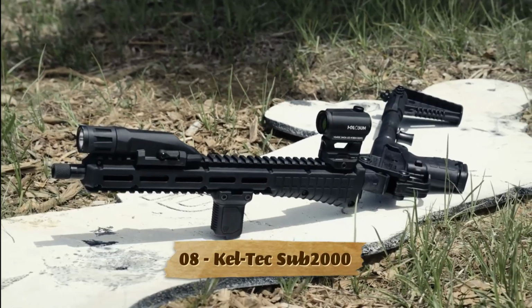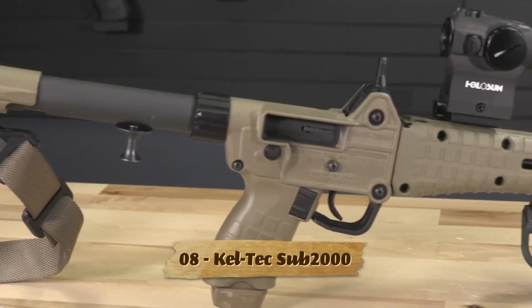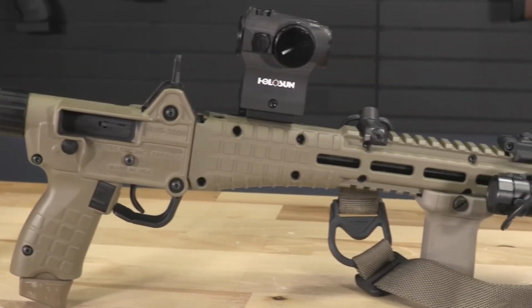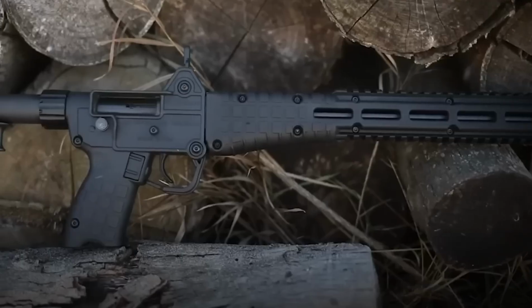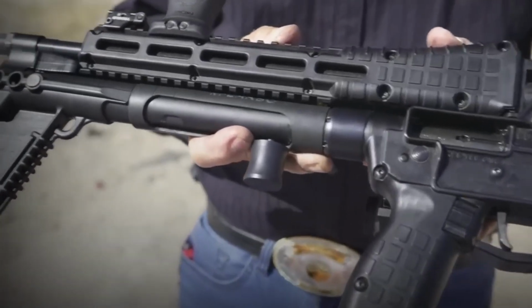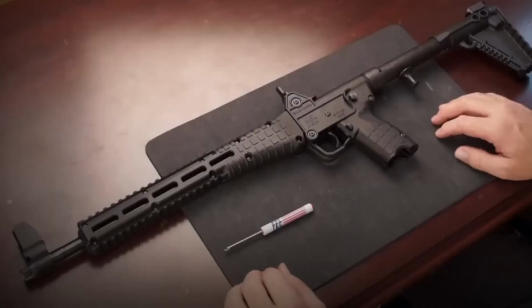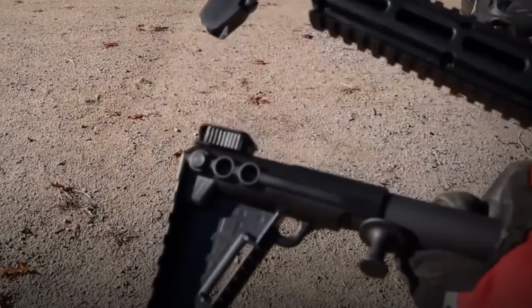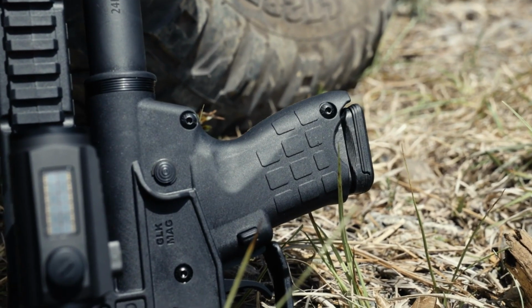Sliding into number 8 is the radically redesigned Kel-Tec Sub2000 Easy Lock. With a friendly $599 price tag and a game-changing folding system. Let's be real, while the original Sub2000 was beloved for its compactness, deploying it could feel like solving a Rubik's Cube with mittens on. But Kel-Tec listened, and for 2025, they've introduced a one-handed Easy Lock system that's nothing short